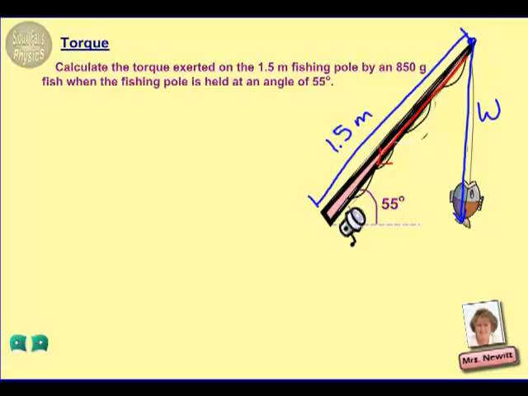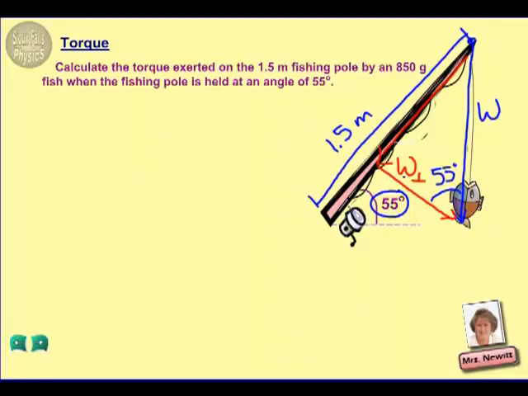And again, we can draw this diagram very similar to the way you would do a free body diagram on a ramp. One component of that weight is going to be going along the fishing pole. The other component of the weight, this one right here, is going to be going perpendicular. So we'll call this the perpendicular component of weight, and that is the only component that will be used to calculate torque. To find that side then, again remember that when we're given our angle over here, that angle would be congruent to this angle here,